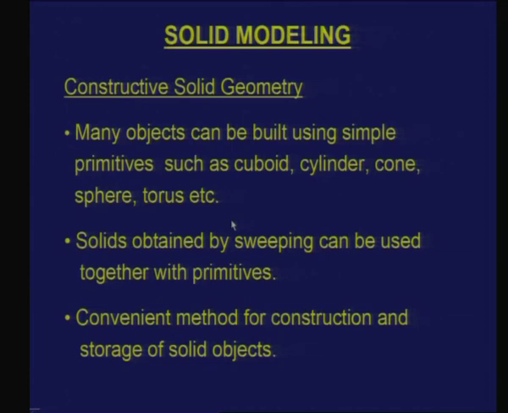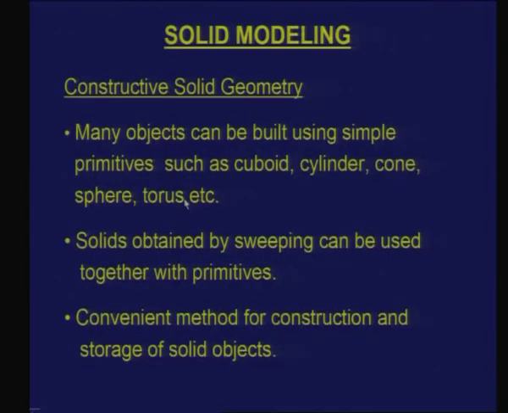That also has a close relation with manufacturing processes. If one tries to analyze many of the manufacturing machines which are used, you have a combination of motions which are linear and circular, and these combinations of motions usually yield objects which can also be very easily built using these primitives. In all these primitives you also have the parametric directions, which are either a line or a circle or a combination of these, in building these objects.